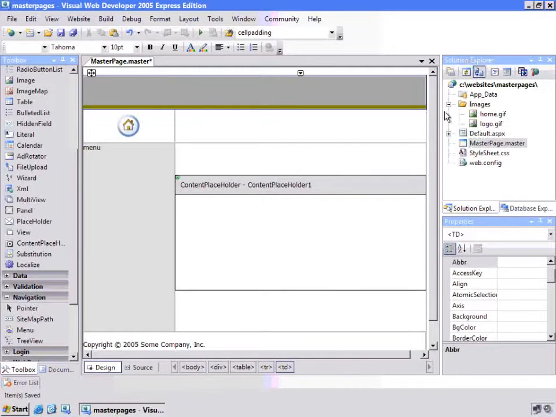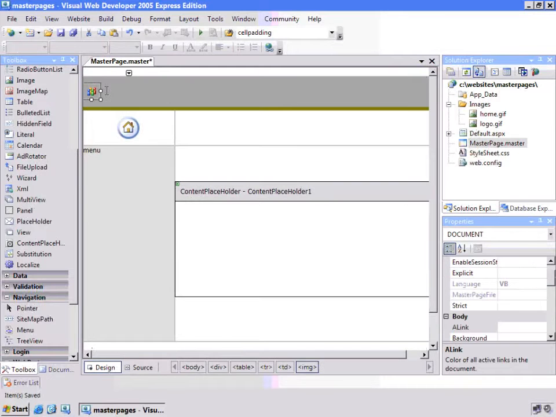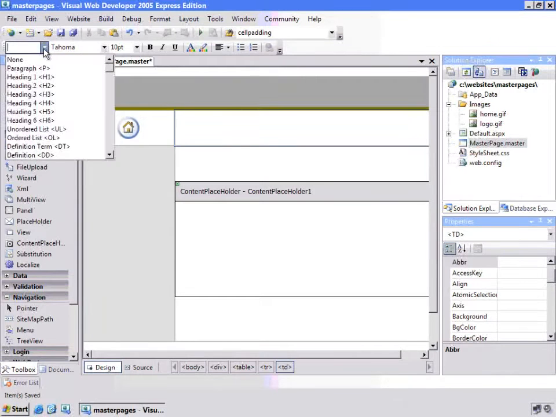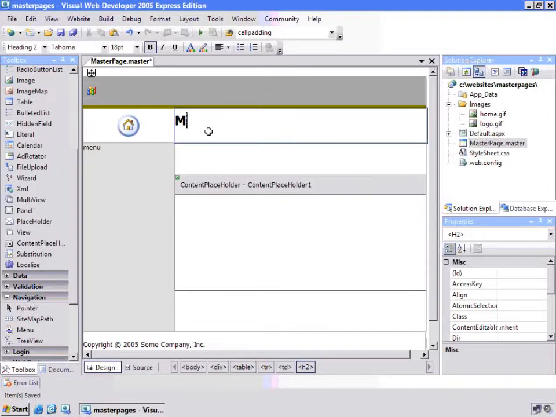And I'll be making a few more tweaks as we go. So I also have a little picture I can put up at the top, and we'll put something else here next to the picture shortly when I get to show you some other features here. And finally, we'll have a header, Master Pages Demo. Okay, well, let's see what this